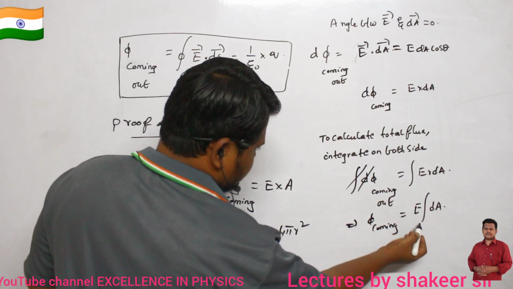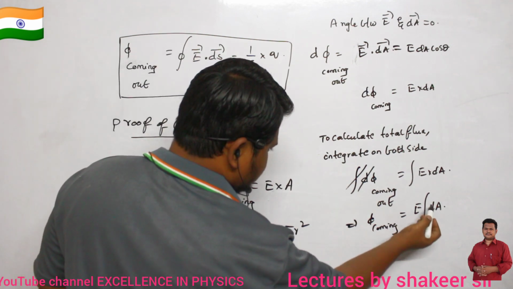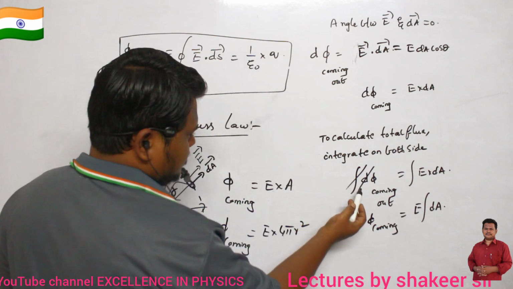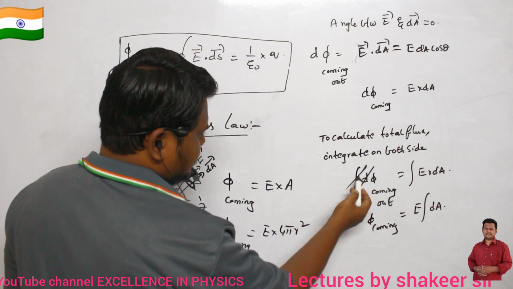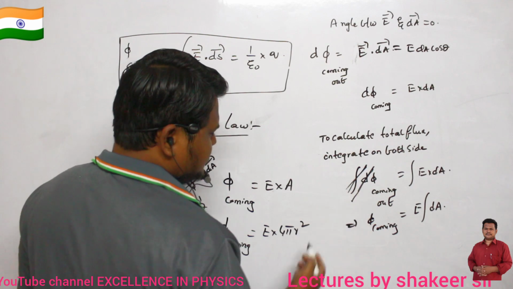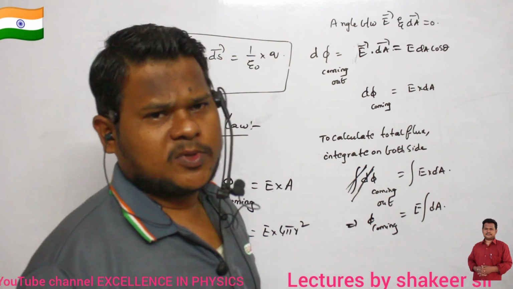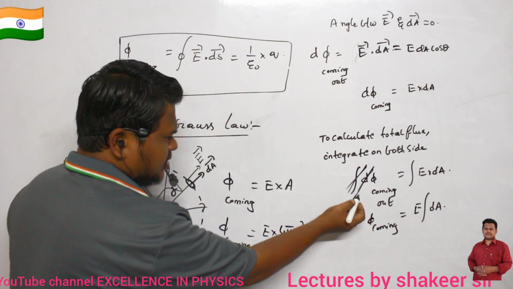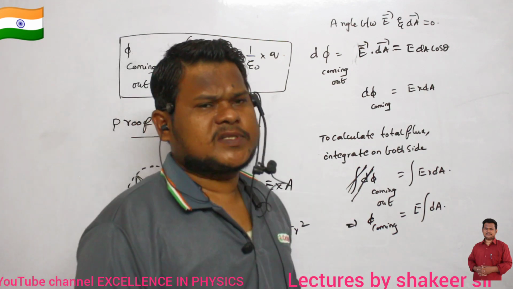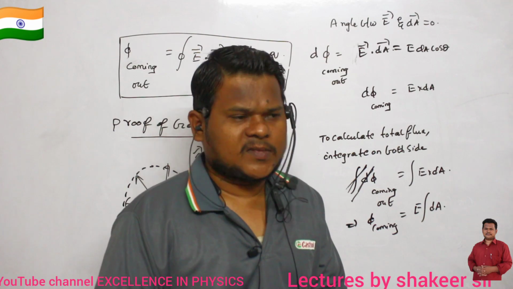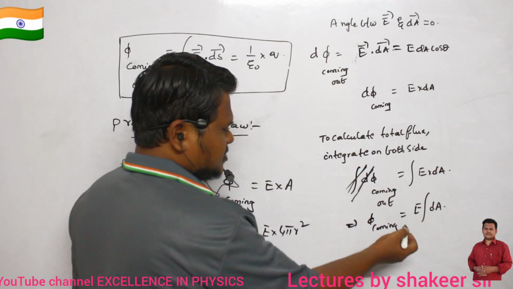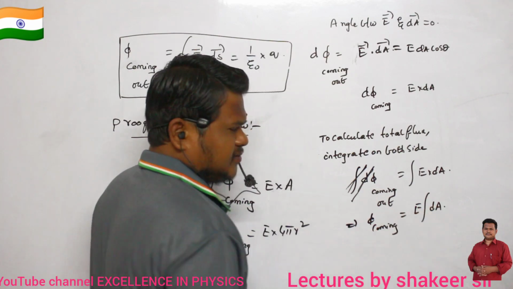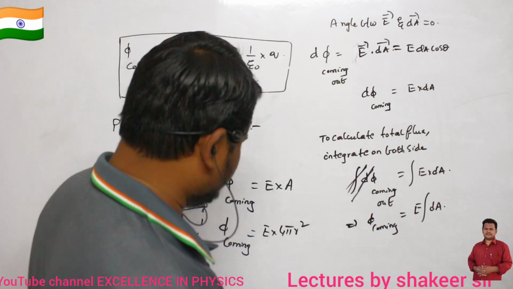This one, amma. So this is integration and this is differentiation. D means differentiation, no? D means very small, or you can call it differentiation also. Clear? So integration and differentiation are always reverse processes. We can cancel them. Are you able to understand, ma? Here also same concept. Integration and differentiation are reverse processes. We can cancel them. Clear, ma?